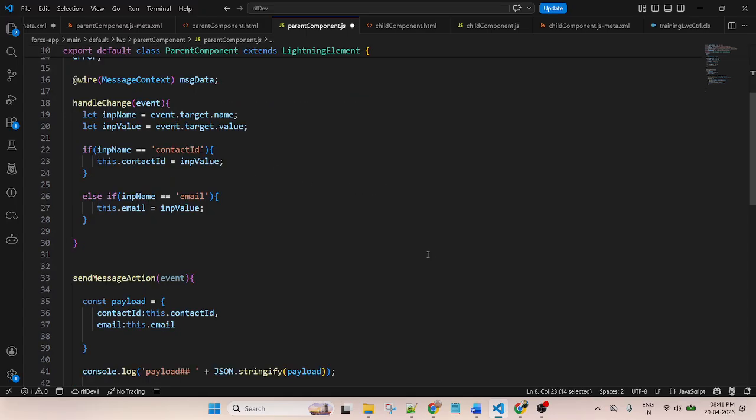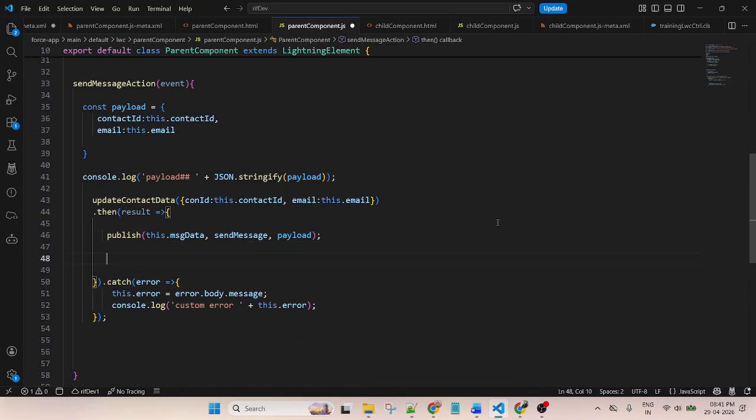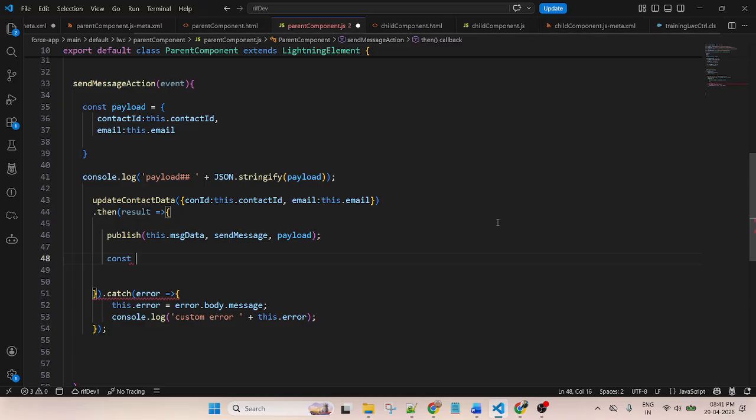So once the record is updated, it will display a toast message. First I will update, and here I will display the toast message. Now create a constant variable equal to new ShowToastEvent.